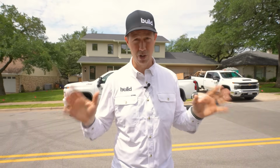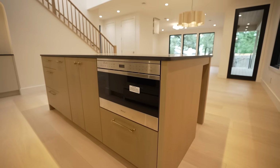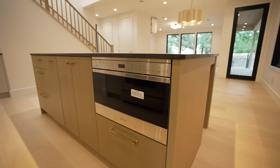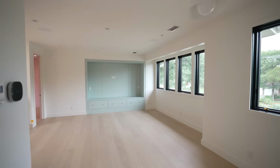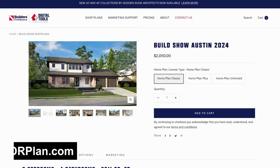But on this episode, I'm gonna run through all the places. We're gonna show you the outside, the inside, the attics, really give you a full final tour so you know what happened on this house. I'm also gonna reveal a couple things that we did really well, and also a couple things I might do different. You know, this house is available on the home plan library through Builders FirstSource, and I think one thing